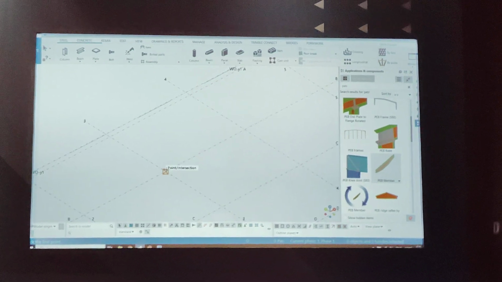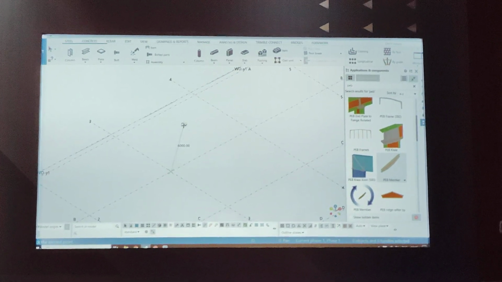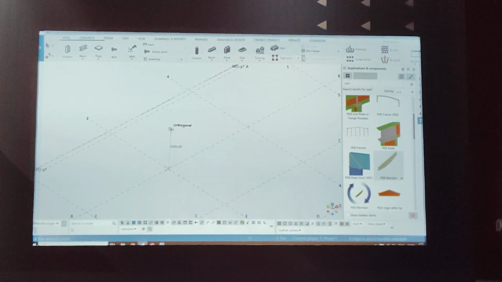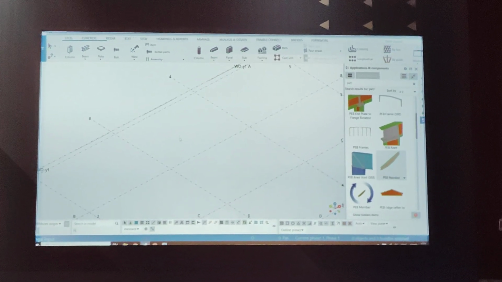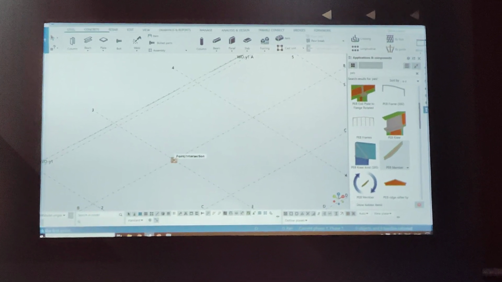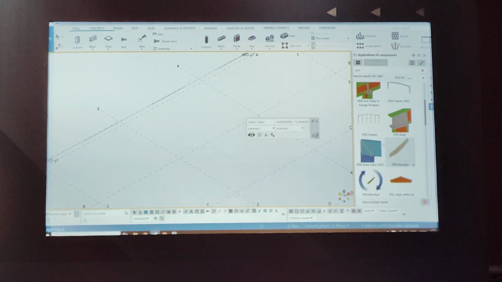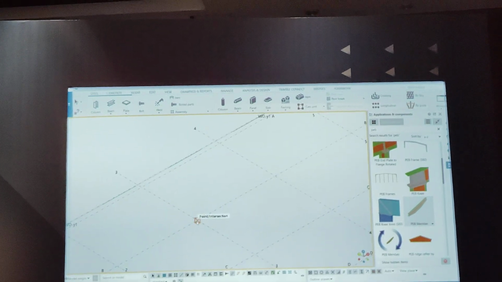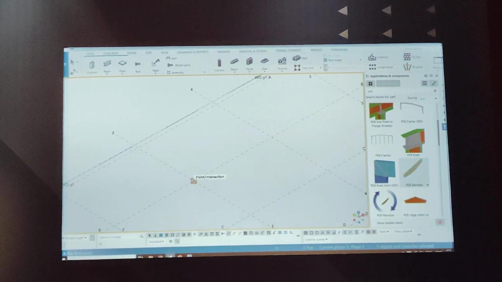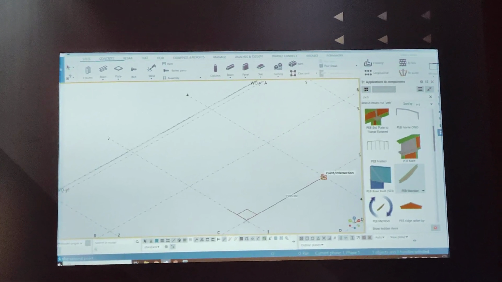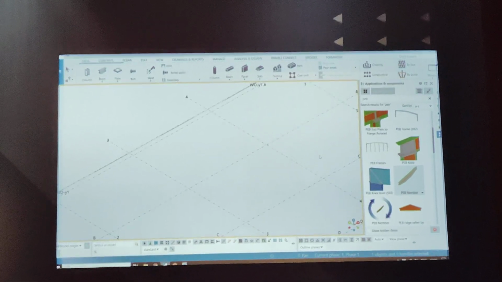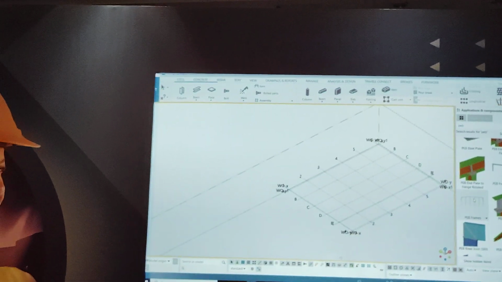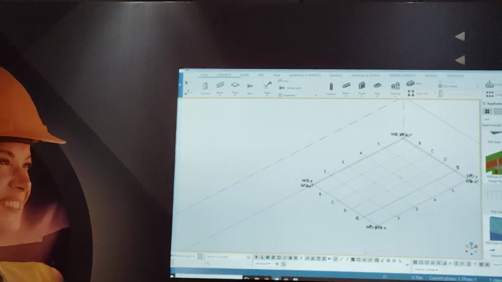So if I want to place a column here, I can just click on the first point, click on perpendicular, and then just click here. If I want to insert a PEB frame here,